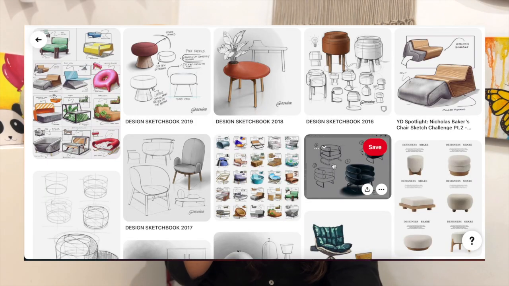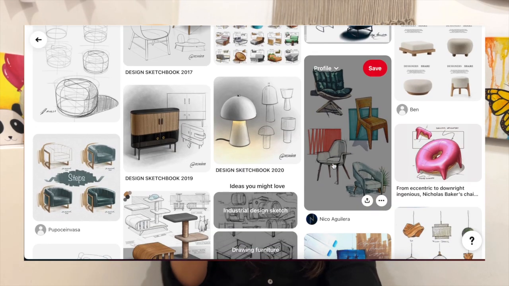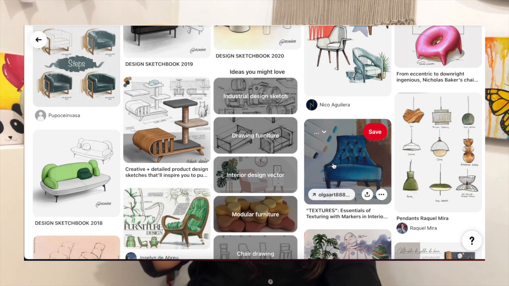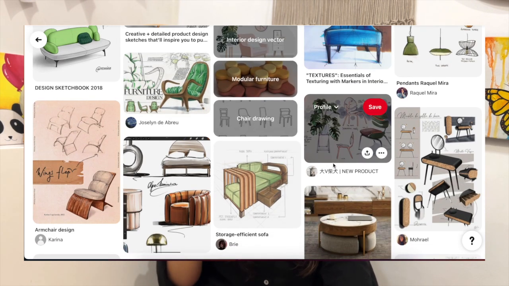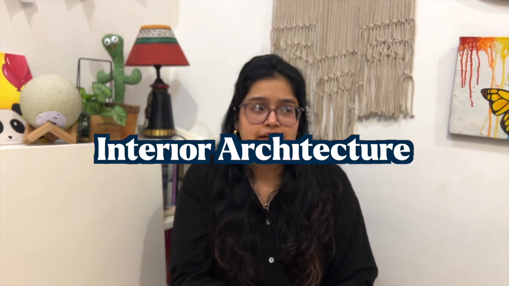I haven't used Procreate that much, I will not lie, so I'm not sure how great that is, but I've seen a lot of people create some really cool graphics and illustration on Procreate, while I have used Autodesk Sketchbook mostly for preliminary sketches or product sketches, especially because it has those rulers, those perspective guidelines and all those things. So that makes it really easy, and that is absolutely free, my friends. So that's the great thing about it. We love free things. Moving on to interior architecture softwares.